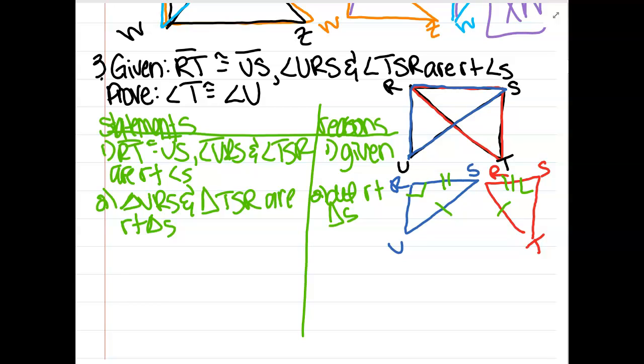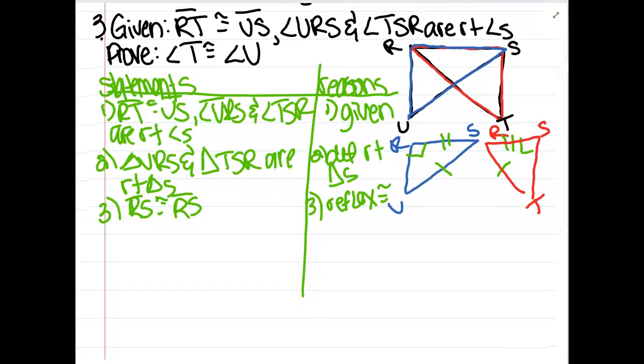I need to say their legs are congruent. Have I said that? No. So the leg is that top side right there. The leg is the one that says RS is congruent to RS. How do I know that's true? Reflexive property of congruence. So I have my right triangle, I've got the hypotenuse, I've got the leg. So I can say triangle URS is congruent to triangle TSR